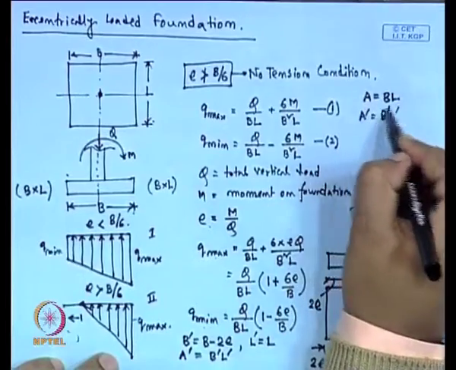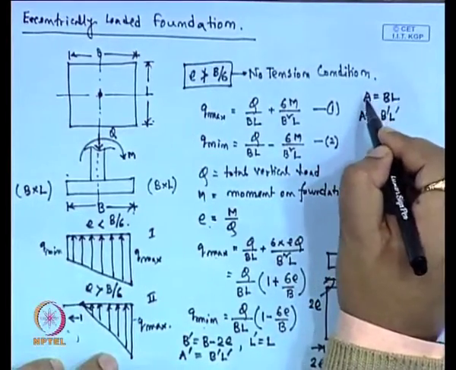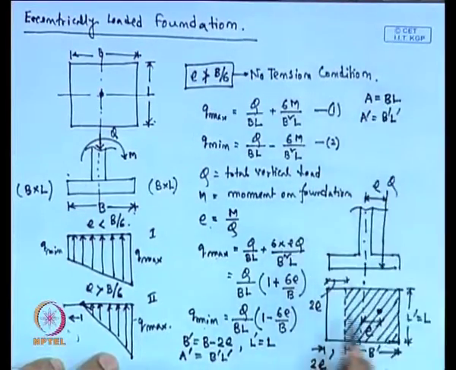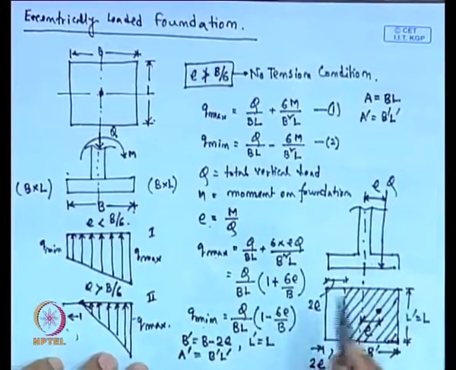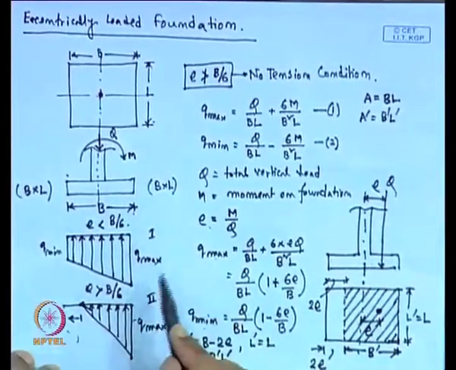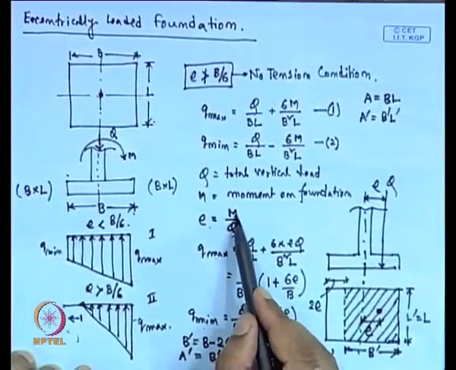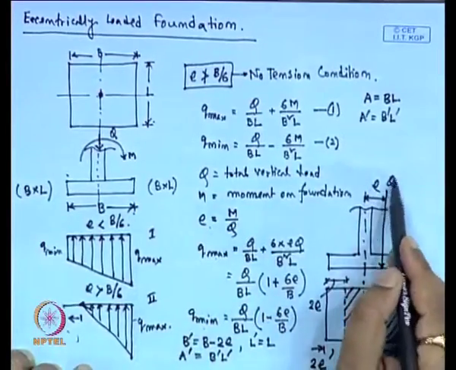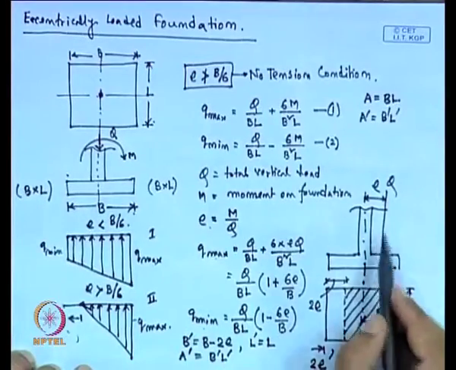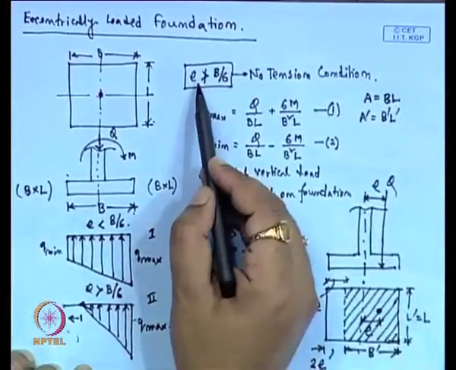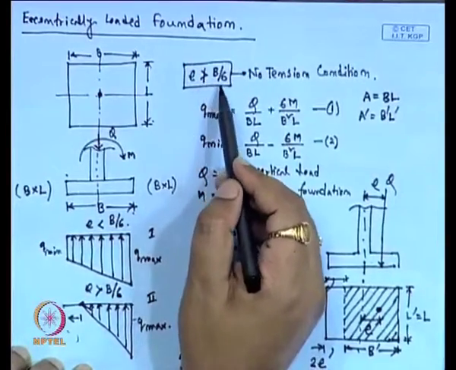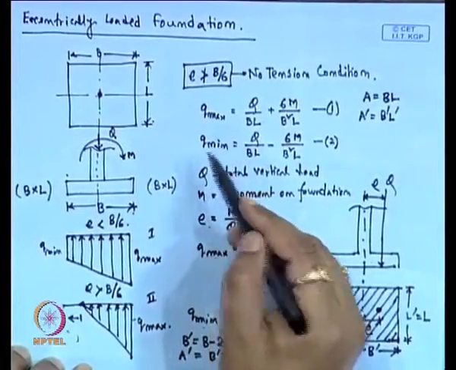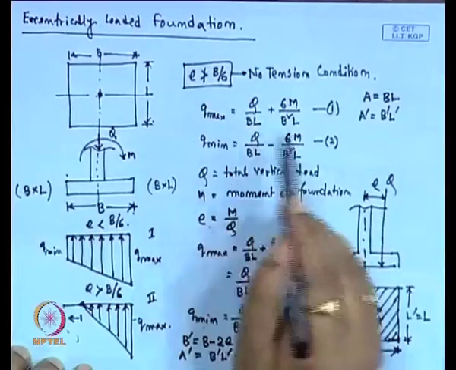So, the first condition is for a centrally loaded footing, and this second condition is for an eccentrically loaded footing. In this fashion, if I say again, the first step: if we know the moment M and the load which is acting, we will calculate the E value, or if I directly know the eccentricity of the loading, then we take this E value. From here we will check whether this E is less than or equal to B by 6 or not. If it is less than or equal to B by 6, then okay. Otherwise, tension will develop, and ideally we will not allow tension to develop.